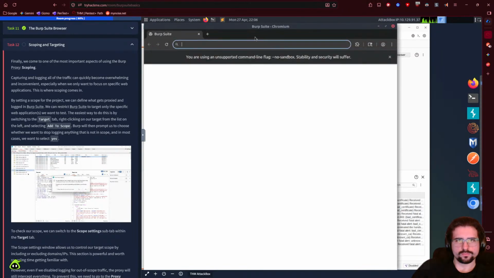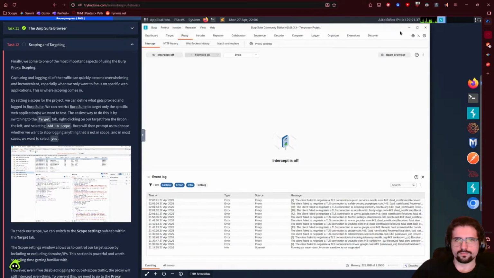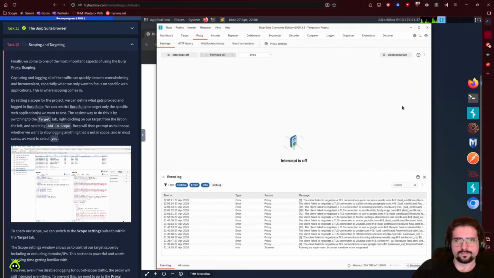The easiest way to do this is by switching to the Target tab, right-clicking on our target from the list on the left, and selecting Add to Scope. Burp will then prompt us to choose whether we want to stop logging